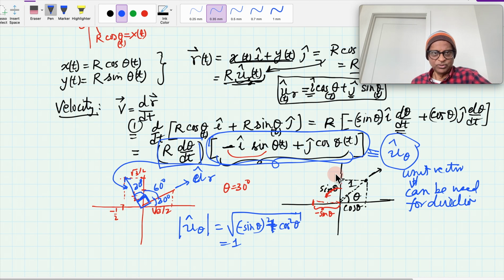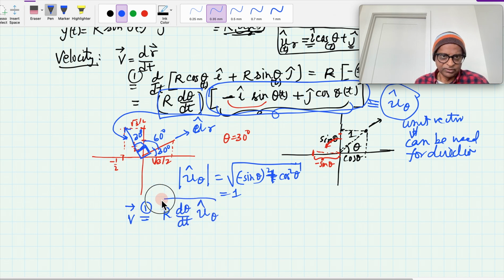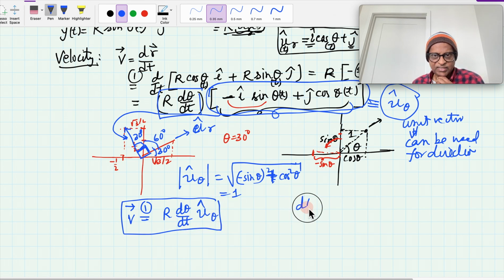Okay, so in a circular motion, v, through path 1, we got r d theta dt u hat in theta direction. Sometimes we say d theta dt equals omega, and you can say,